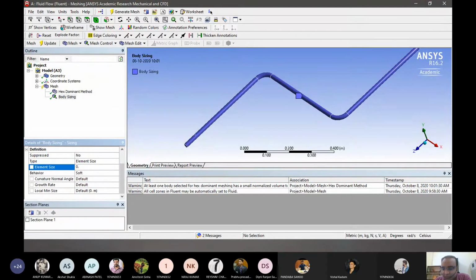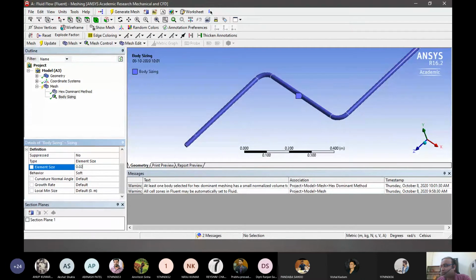So 0.2 meter. This is going in meters. So let's keep it at 2 mm. So basically what we want is at least 10 sections in a cross section.